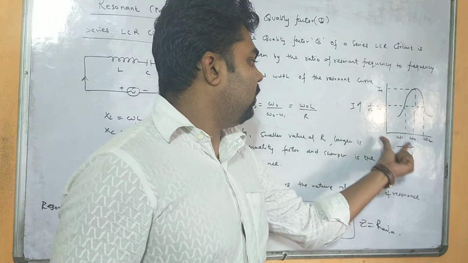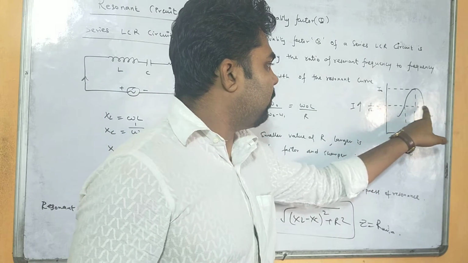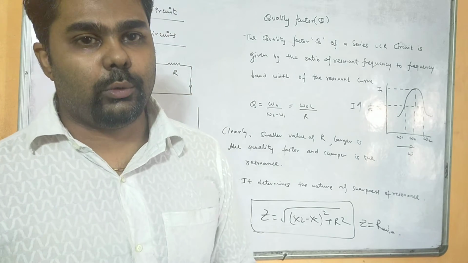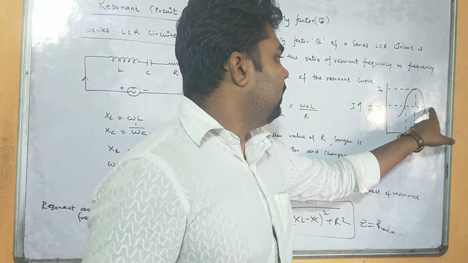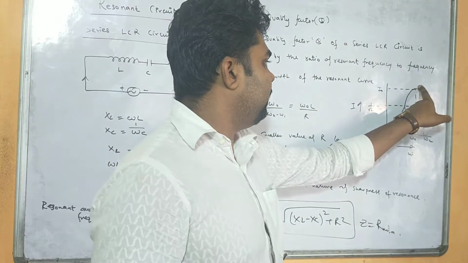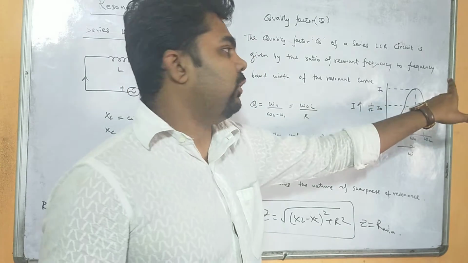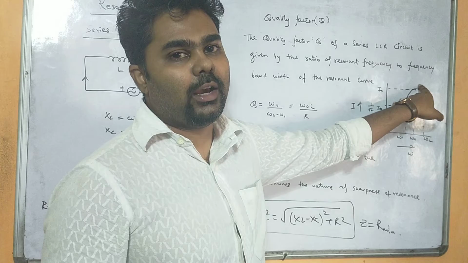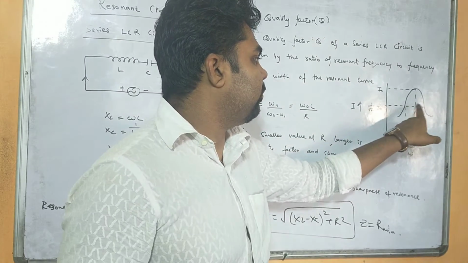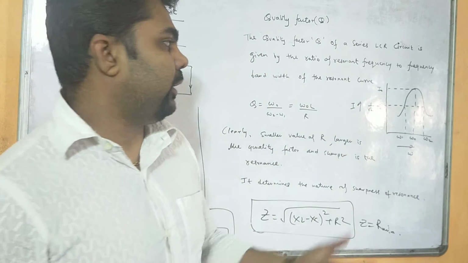So when we plot omega versus I, then we get this type of curve, right? So these are the points, that is omega 1 and omega 2. This is called half power frequency. That means at this point the total power of the circuit becomes half, and at this point, that is omega 0, that is called the resonant angular frequency, and here sharpness is very high. Okay, the current is very high, and at omega 1 and omega 2, at half power, the current also falls root 2 times, means 1 by root 2 times.